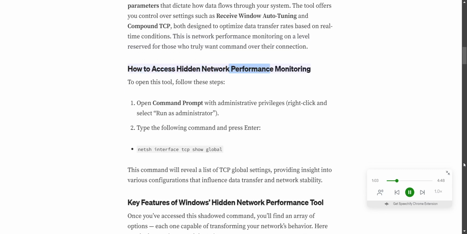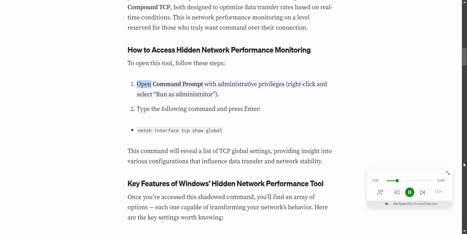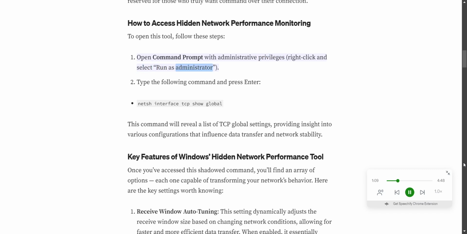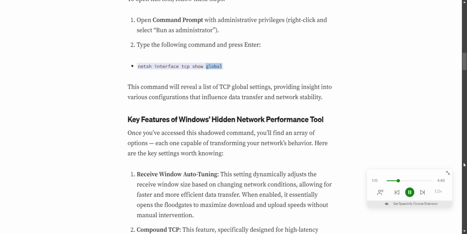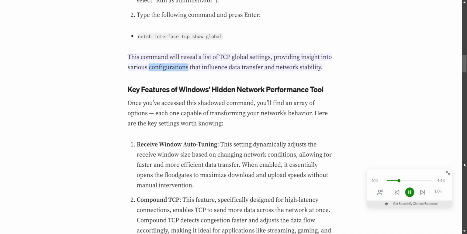How to access hidden network performance monitoring. To open this tool, follow these steps. Open command prompt with administrative privileges: right-click and select Run as administrator. Type the following command and press Enter: netsh interface tcp show global. This command will reveal a list of TCP global settings, providing insight into various configurations that influence data transfer and